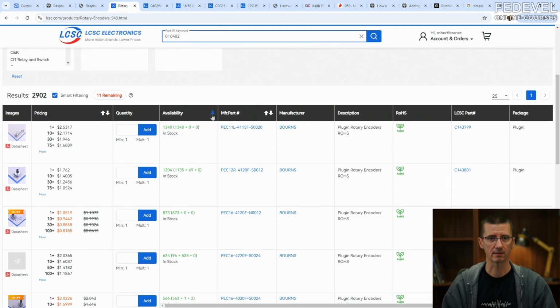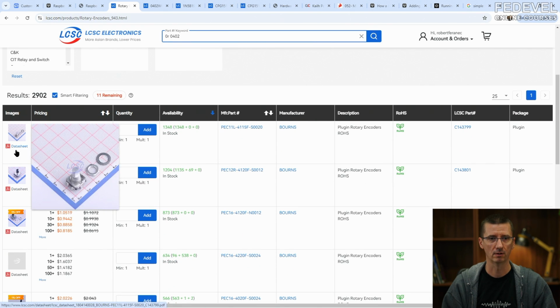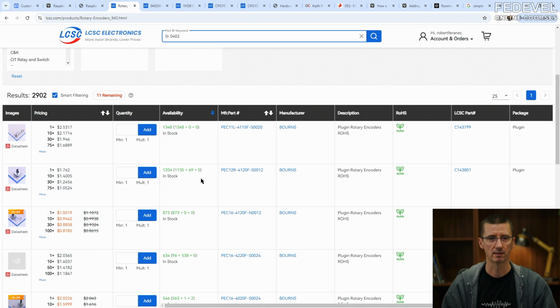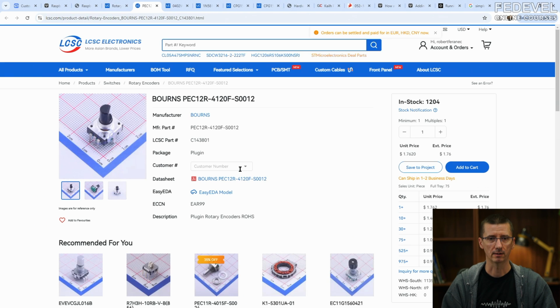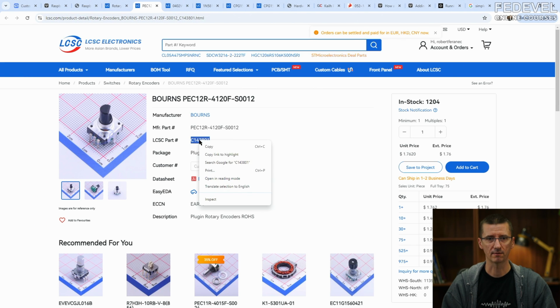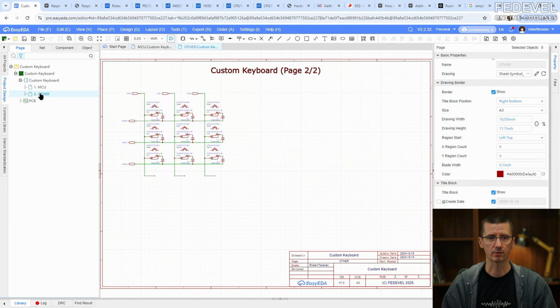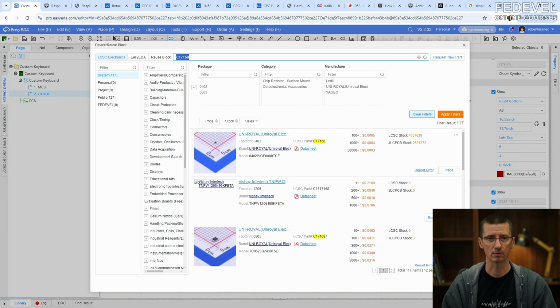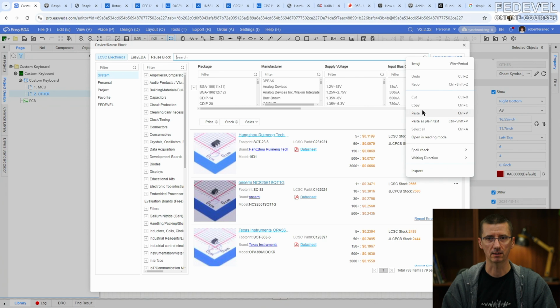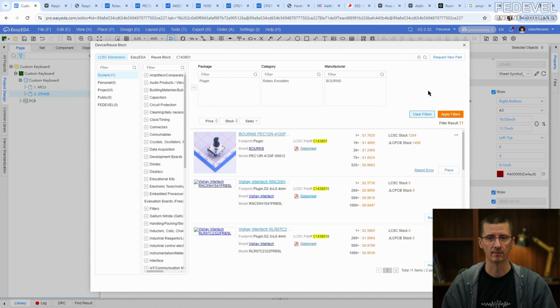I will just find something they have in stock, something like this, something not very expensive, but there are many options for what kind of encoders you can use in your schematic. If you like, you can buy more of them